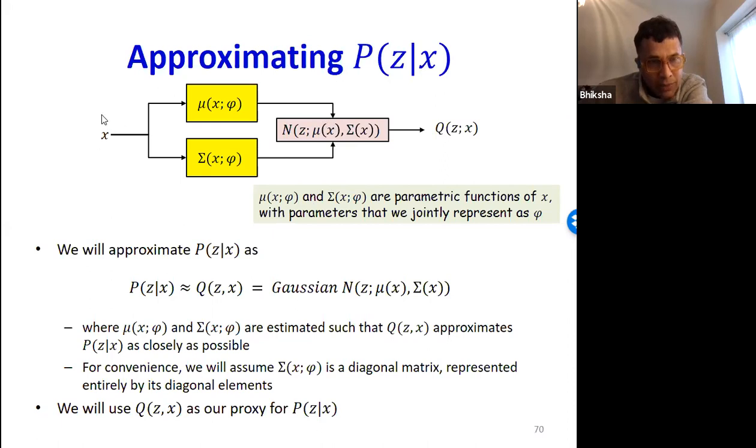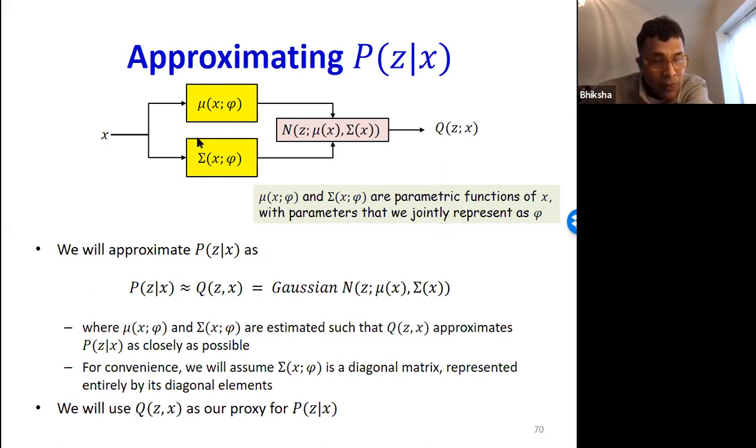From the x, I can estimate the mean of p of z given x using some parametric function mu x phi. I can estimate the variance of p of z given x using some parametric function sigma x phi. And now p of z given x is going to be approximated by a Gaussian over z with mean mu x and variance sigma x.